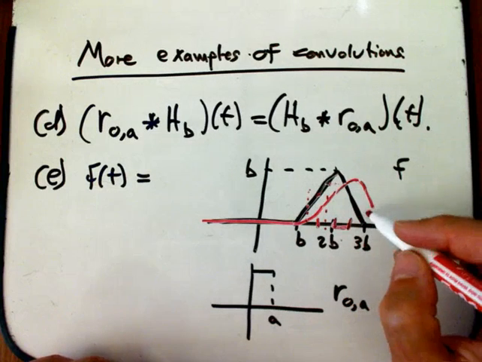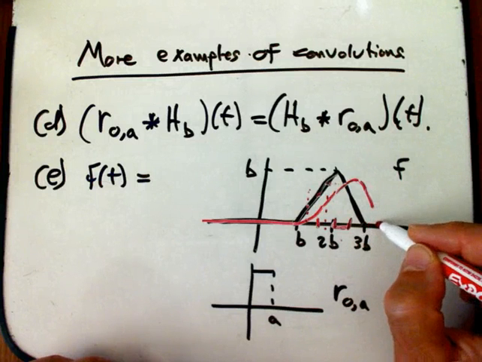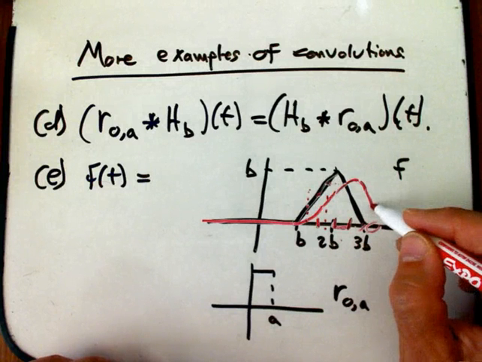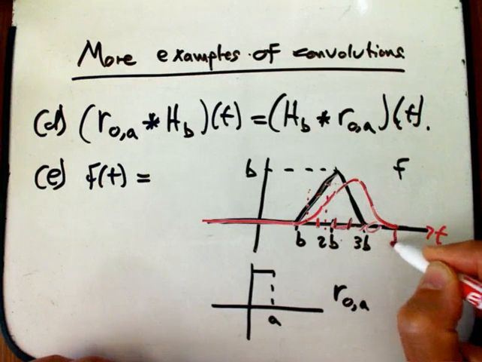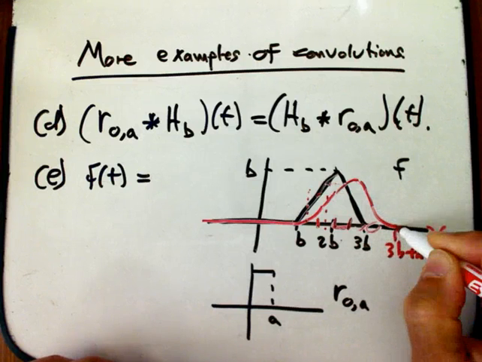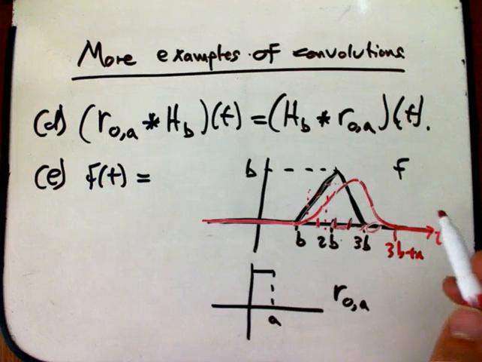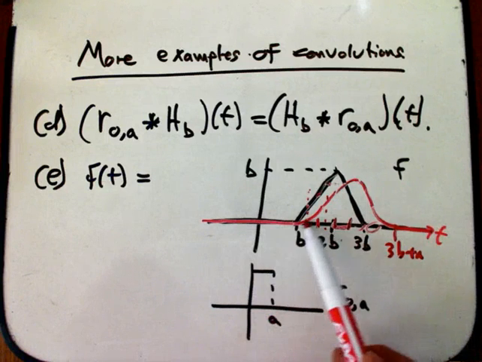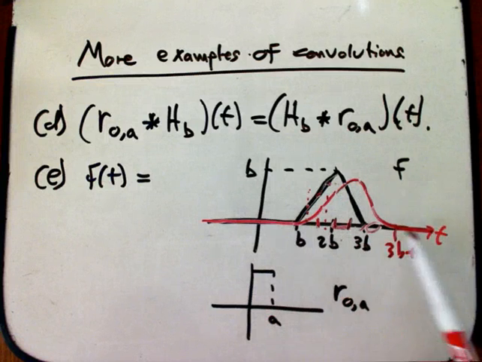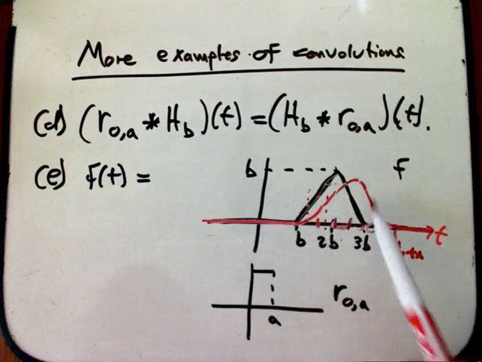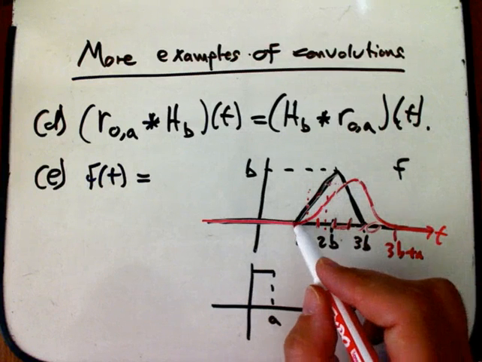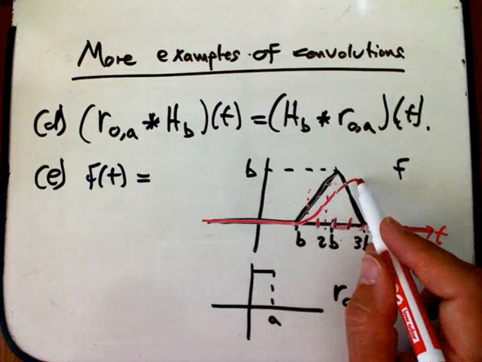Then when the window starts seeing a mixture of 0 and linear, I claim it's going to be quadratic, and then at 3b plus a, it's going to be down to 0. And this is a piecewise differentiable function, actually, and it's piecewise smooth. But at the breaks, and this is a good thing to verify, although it's a little messy with